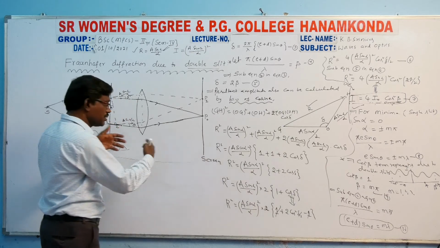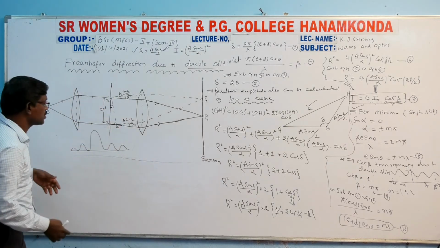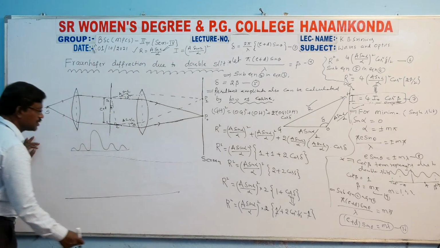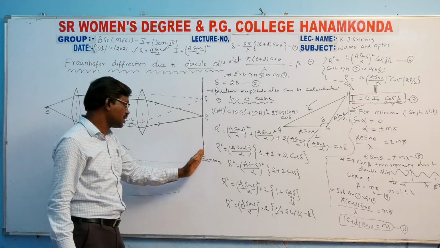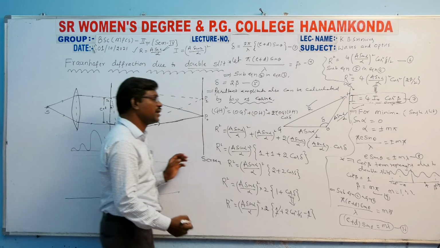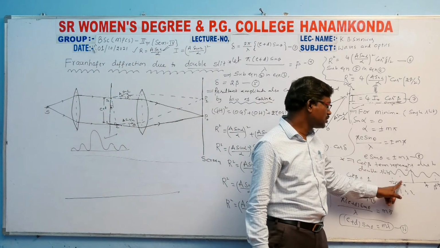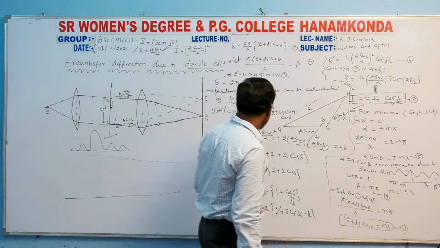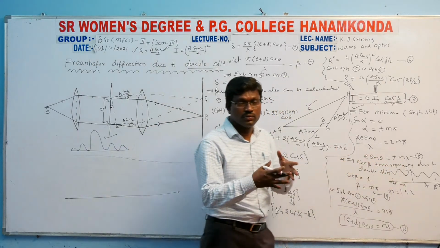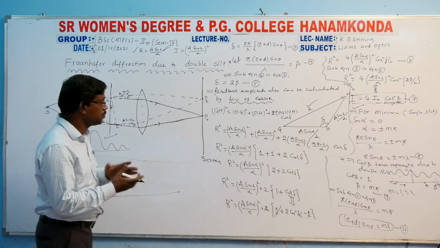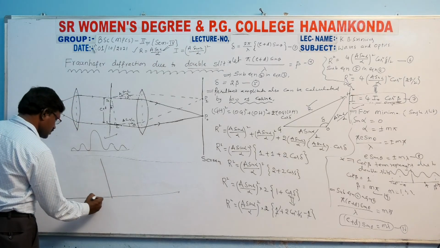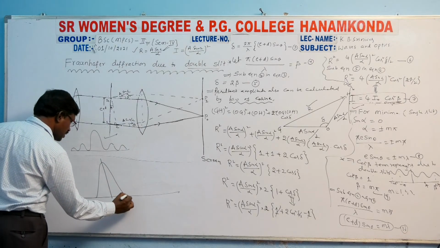These two diagrams are overlapping. So for the resultant diffraction pattern, you have to draw this diagram. The resultant diffraction pattern along the screen will be the superposition of this pattern and this pattern. This is due to cos square beta. This is due to single slit, that is e sin theta is equal to m lambda. Due to the overlapping of these two patterns, the resultant diffraction pattern appears like this. So in the examination you should draw like this.